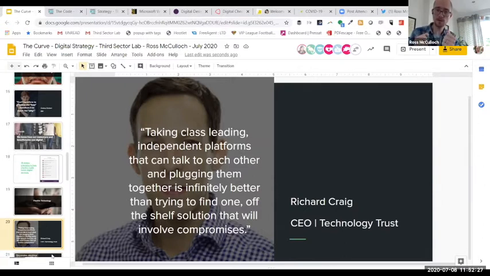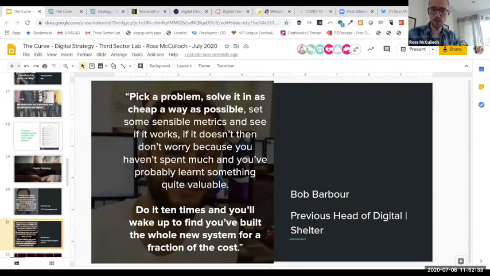So when we're thinking about technology, I want to think about that principle from Richard Craig at the Technology Trust. Really nice one there from Bob Barber, who used to be the head of digital at Shelter: pick a problem, solve it in as cheap a way as possible, set yourself some sensible metrics and see if it works. Do that 10 times and you'll wake up to find that you've built a whole new system for a fraction of the cost.